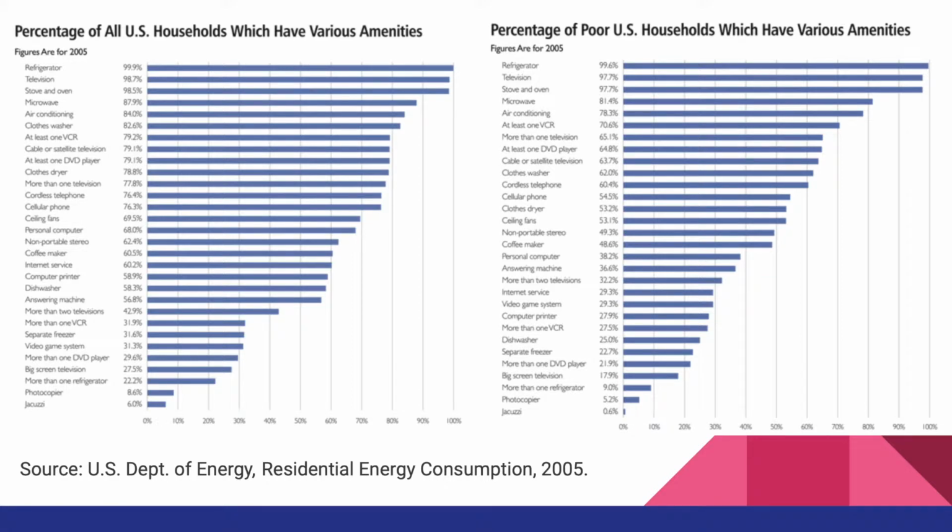In actuality, the reality of life for those labeled poor by the United States government is very different than the photo portrays. This definition of poverty is by the Official Poverty Measurement, or the OPM, which we will discuss in depth later. Instead of the barren living space we saw in the prior photograph, we see a very different reality for the lives of those living in poverty in America. 99.6% of poor Americans have refrigerators, only slightly off from the 99.9% of the general population that has them. These statistics go beyond what we consider essential. 70.6% of poor households have a DVD player, and almost half have a coffee maker.